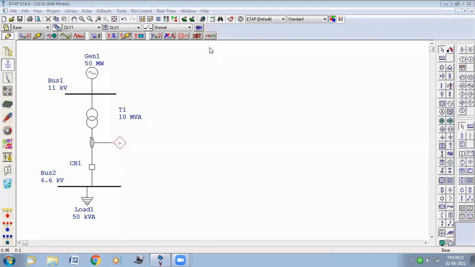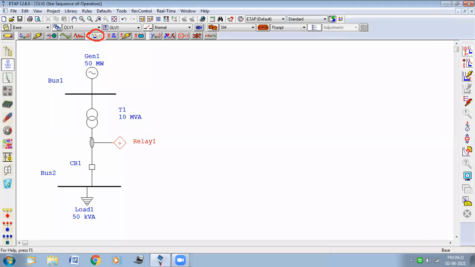So next you have to run the fault analysis. So here we have a tab, protective star coordination. So you have to click on this tab, and your window will change on the right side. Then click on this briefcase button, and then you have to click on this icon. Now by default this icon is the three-phase fault. It is the three-phase short circuit fault.